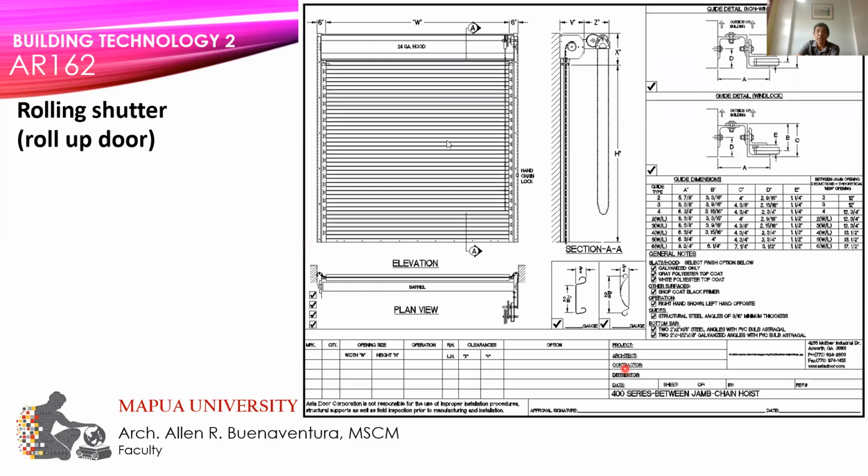So this is a drawing section of a roll-up shutter. This is a manual chain type. As you can see, there is a manual chain, so you can push it up and down. But nowadays the chain is inside, and if you push it up, it will roll up, and if you pull it down, it will roll down. It's manual, but you cannot see the chain anymore. They have a system now where the chain is inside. This is the roll-up shutter.